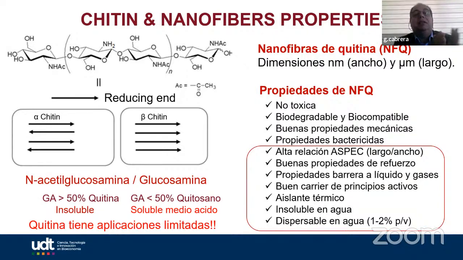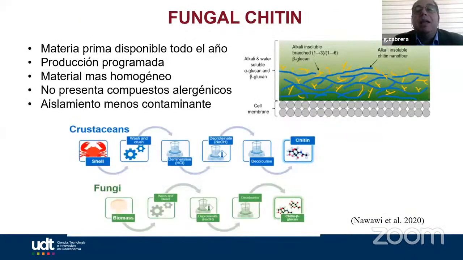Y claramente, la quitina va a ser económicamente más barata que la quitosana, puesto que presenta un paso anterior de obtención. Por tanto, ahí pueden haber ventajas competitivas al momento de ser utilizado. Dentro de esto nosotros escogimos, el último trabajo que estamos haciendo es con quitina fúngica. ¿Por qué quitina fúngica? Porque a diferencia de la quitina de crustáceo, a diferencia de la quitina de calamar,